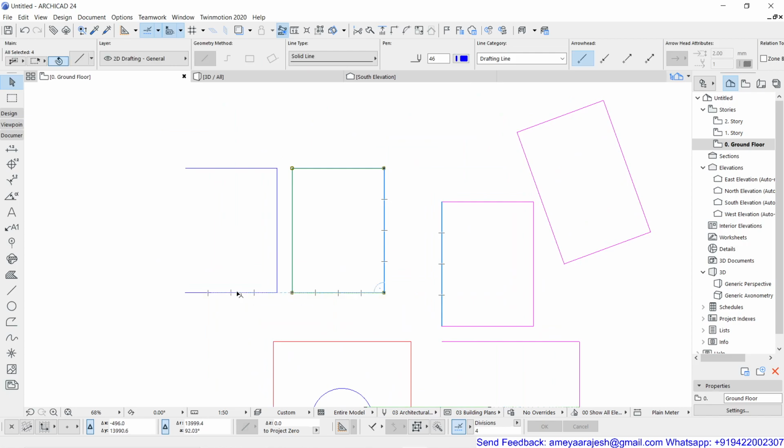So both these objects are supposed to be single, and this is nothing but a group. A group is several objects that you are clubbing together and trying to select in one go, or they will act as a single object for a while. You can group, ungroup, suspend group. All those things we are going to study later when we start working with the detailing of the group. But right now I just want to show you the difference between the polyline selection and line selection.